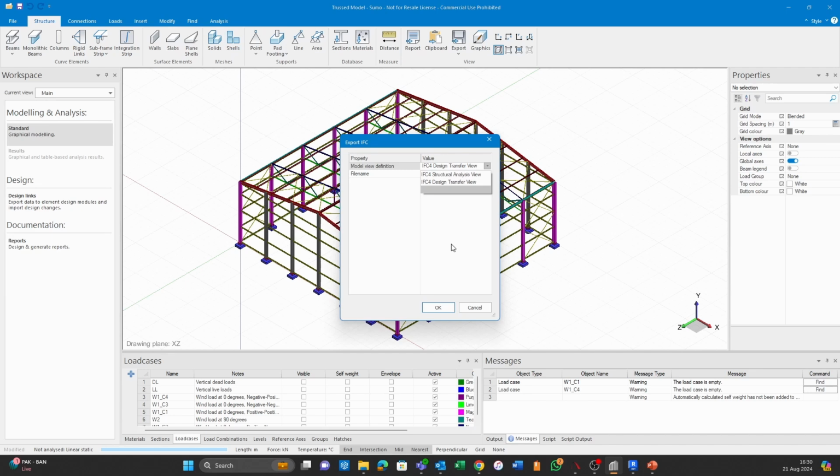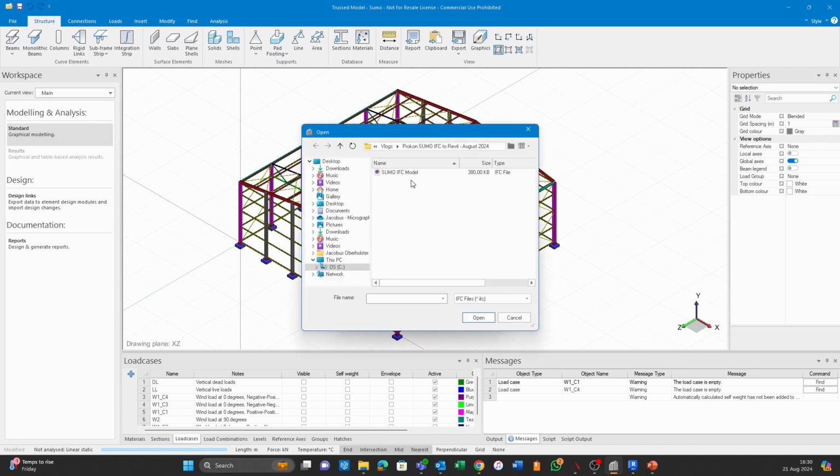So if you think of something like SAP2000, you can export the SUMO model as an IFC4 with the structural analysis view MVD, and you can import that into SAP2000, and it is bi-directional as well, which is epic. So if we take this model, we go IFC4, design transfer view, and then we need to set